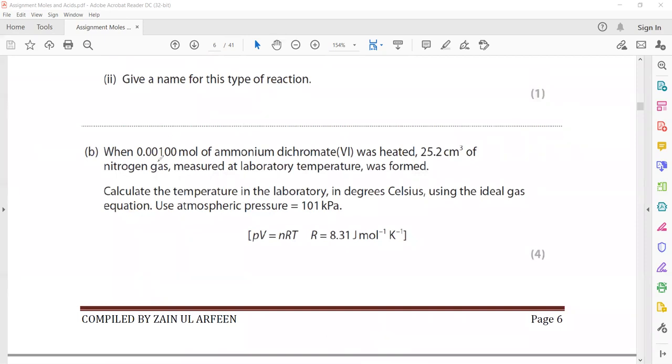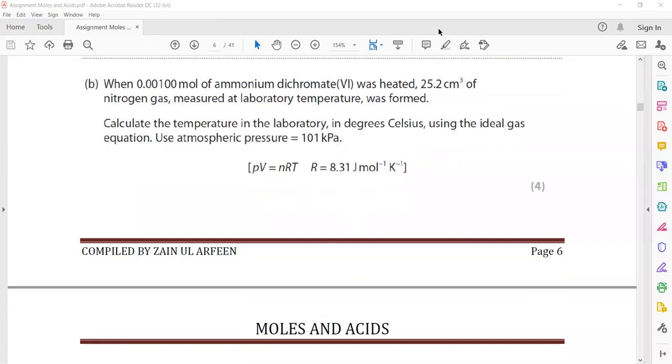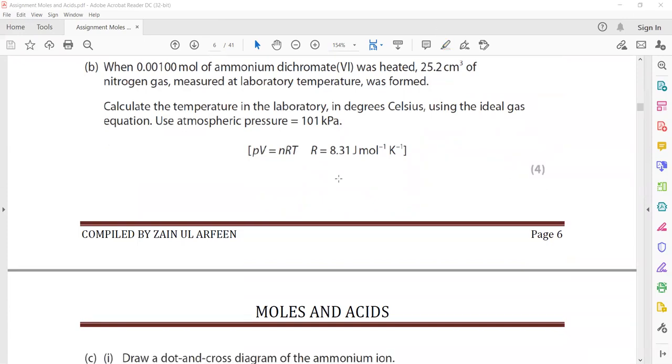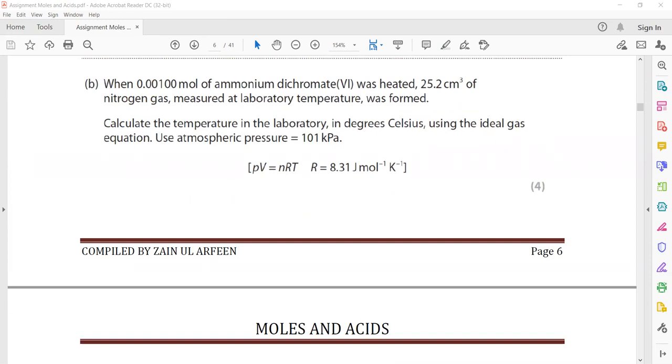In part B, when 0.001 moles of ammonium dichromate was heated, 25.2 cm cube of nitrogen gas measured at lab temperature was formed. Calculate the temperature in the lab in degrees Celsius using the ideal gas equation. Use atmospheric pressure as 101 kilopascal or 101 into 10 power 3 Pascal. PV is equal to nRT. So using PV equals nRT, first we'll get the moles of nitrogen, and from moles of the nitrogen we can work out the temperature of the gas, and the temperature of the gas will be same as the temperature of the surrounding,